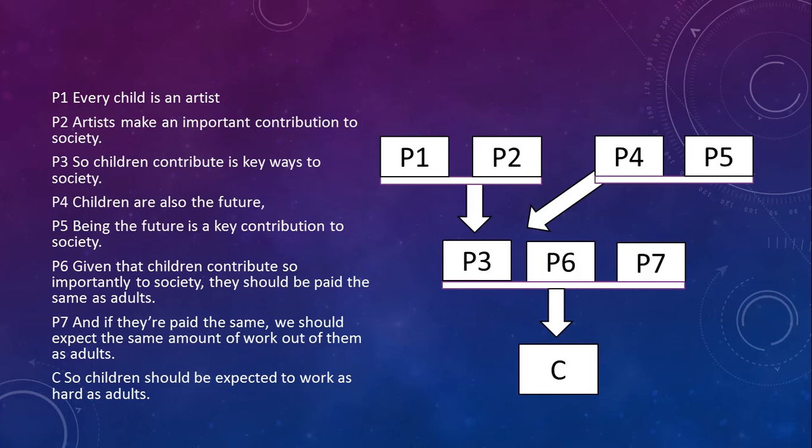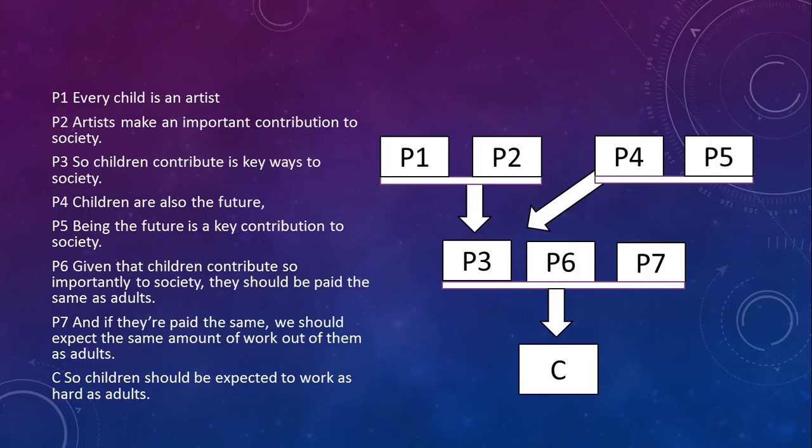Yeah. Would it be possible at all to have a conclusion as children contribute to society? But then what do you do with the rest of it, I guess? I guess now that I'm playing this over and over, it would be a missing premise: because they contribute to society, then adults contribute to society as well, so that's why children should be expected to work as hard as adults. But you're going beyond. I take it that that's stuff that follows from P3, not stuff that leads to P3. Yeah.